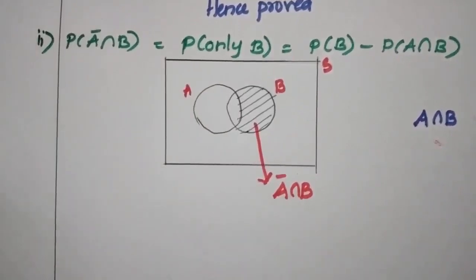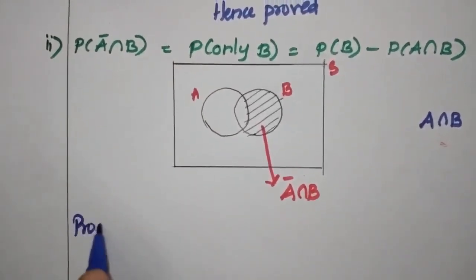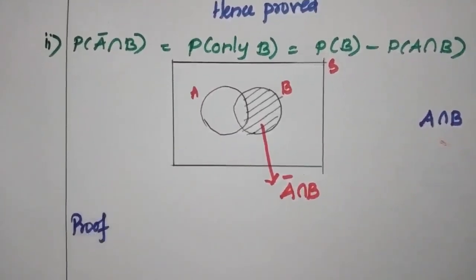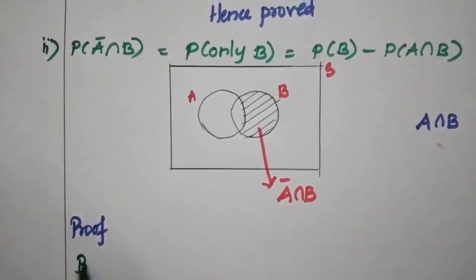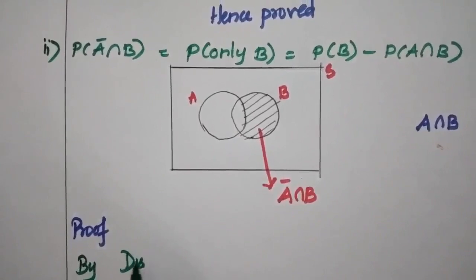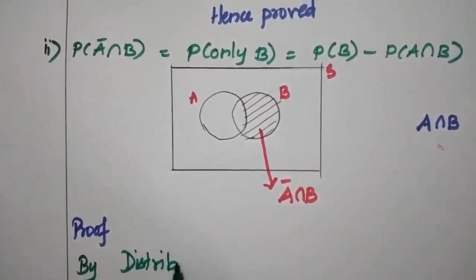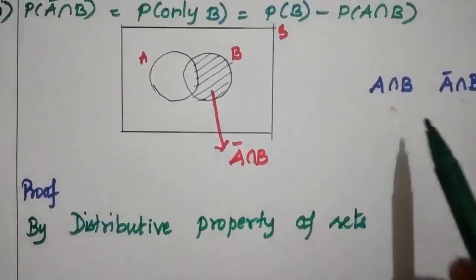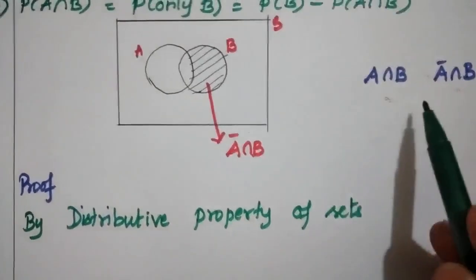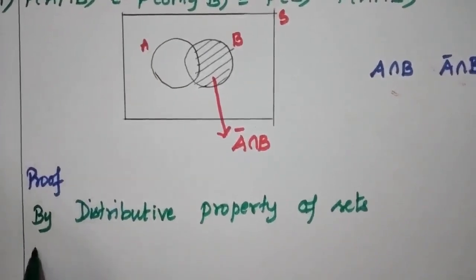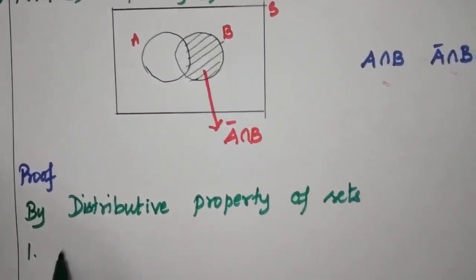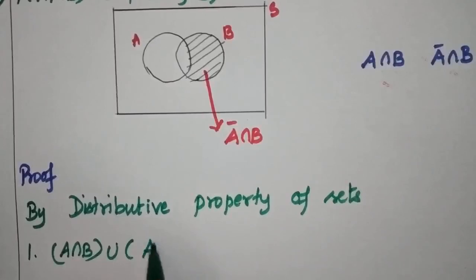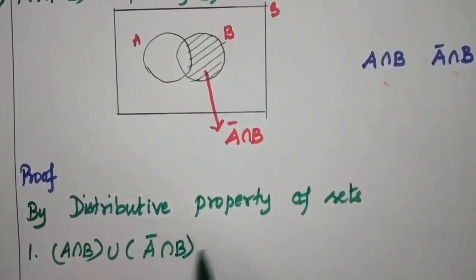Similar to that of the previous one, so by distributive property of sets, we are going to take the union of these two events. So the first one is A intersection B union A dash intersection B is equal to,